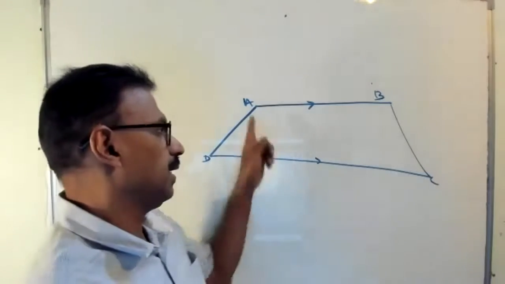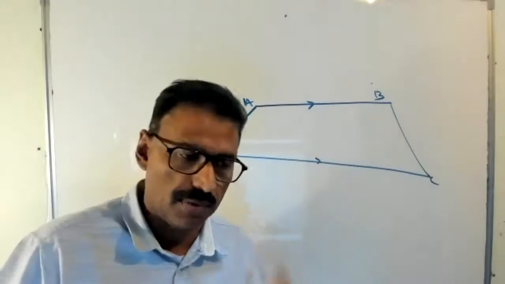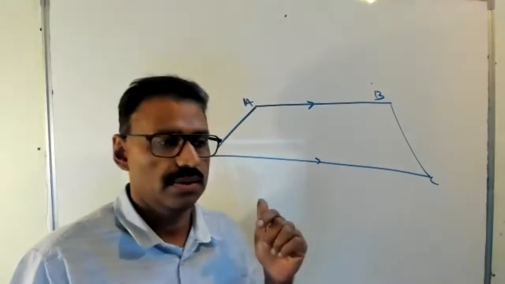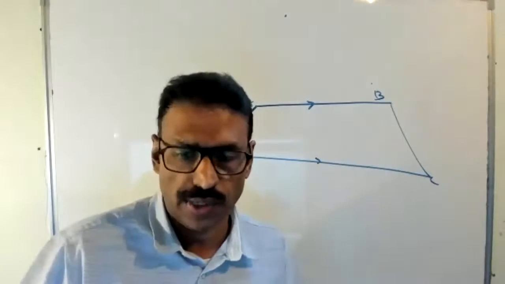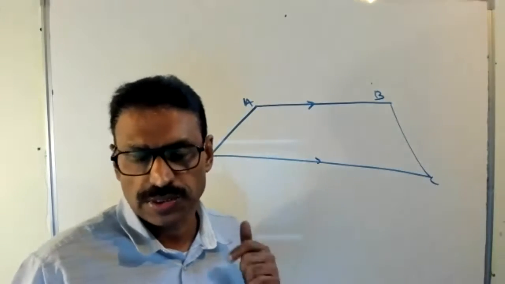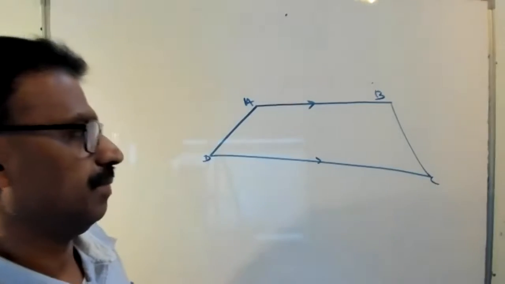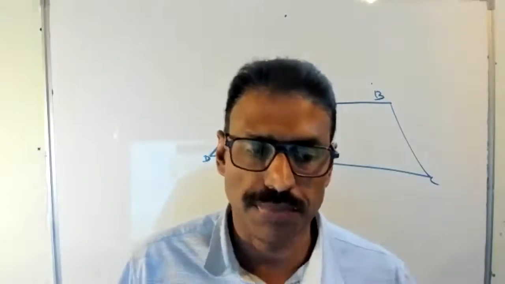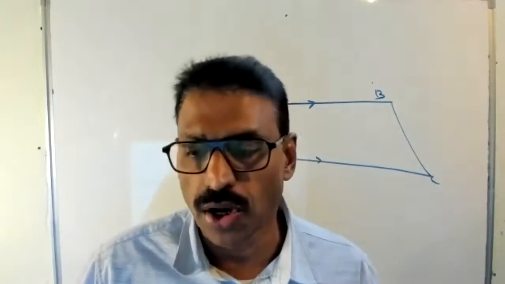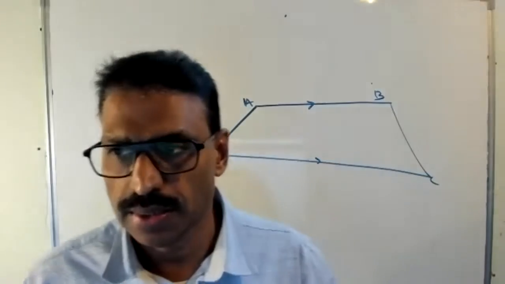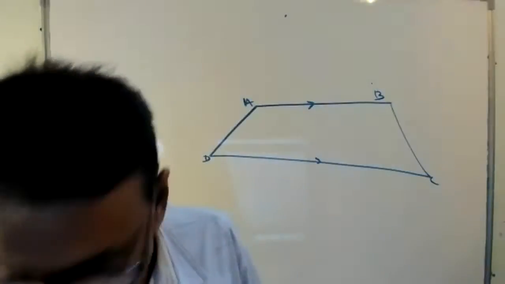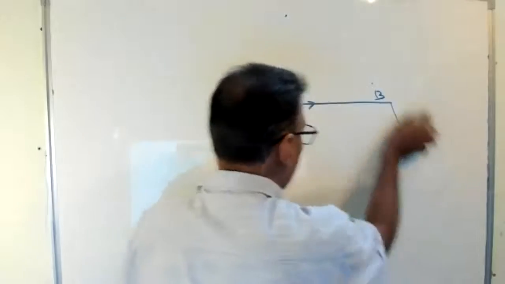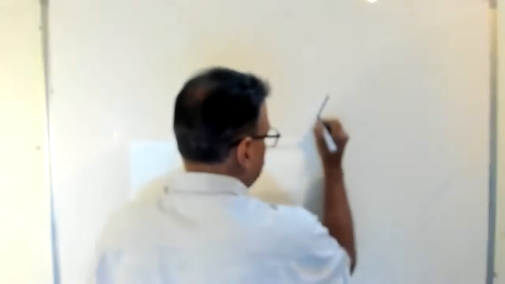Look at here. The first figure, figure number 1, trapezium. In a quadrilateral, a pair of opposite sides parallel is called a trapezium. Then isosceles trapezium means in a trapezium, non-parallel sides are equal. Next one, we learn parallelogram. Parallelogram we learn later in this chapter itself. So many properties there are.